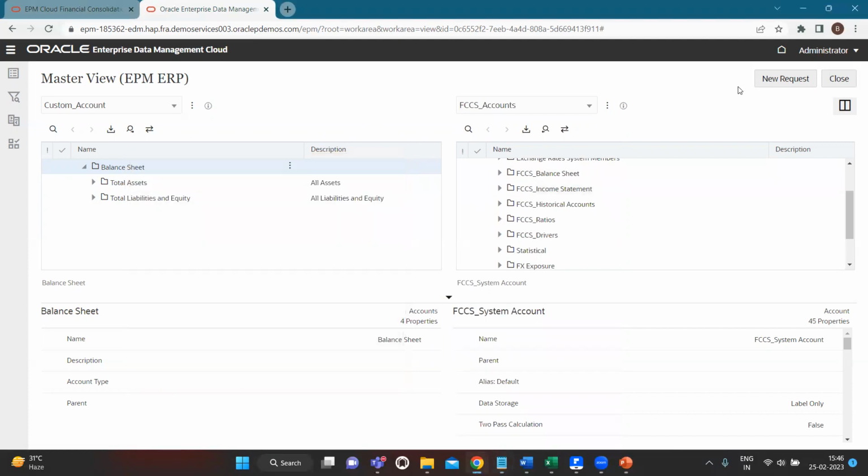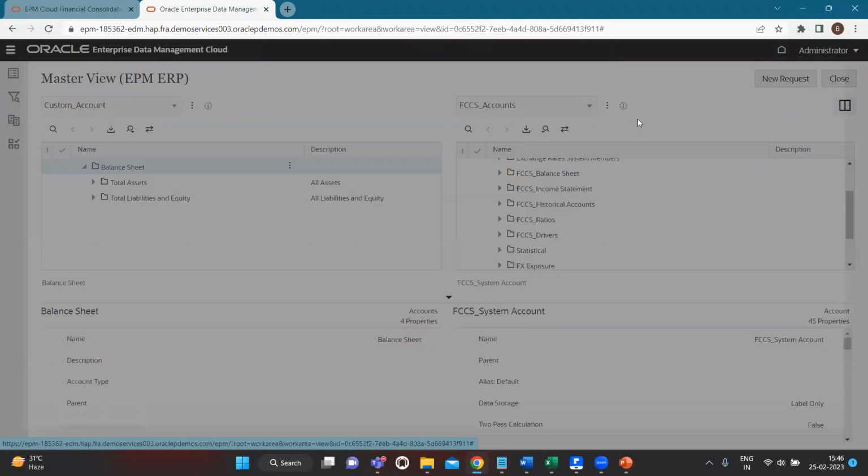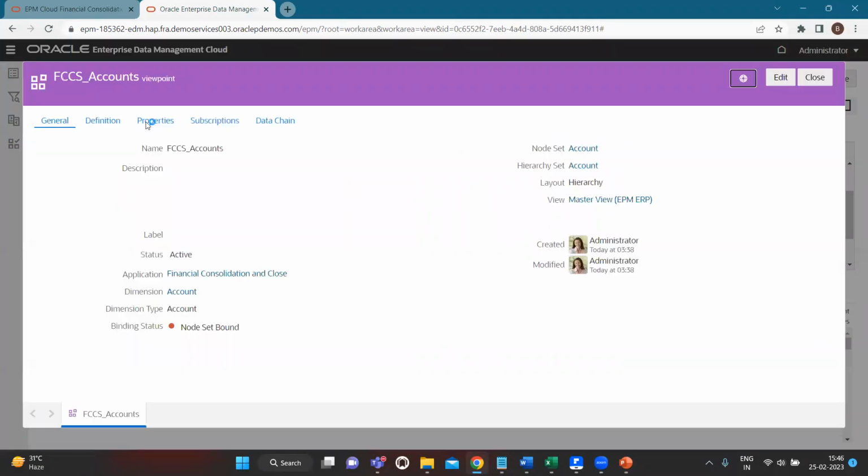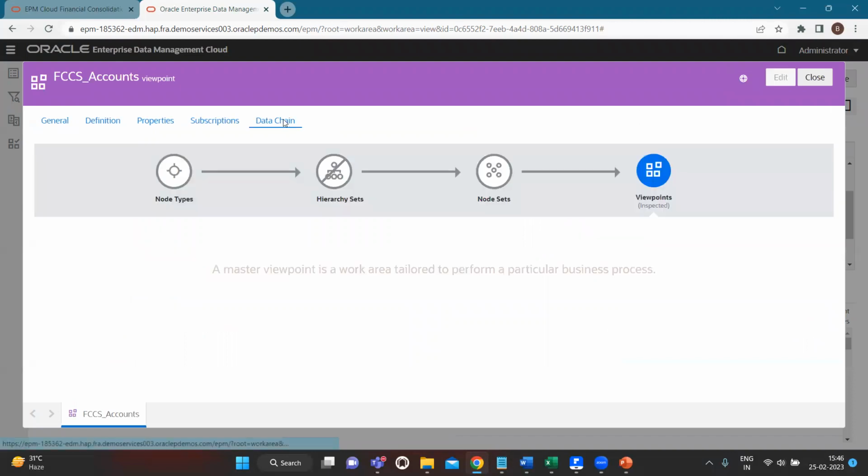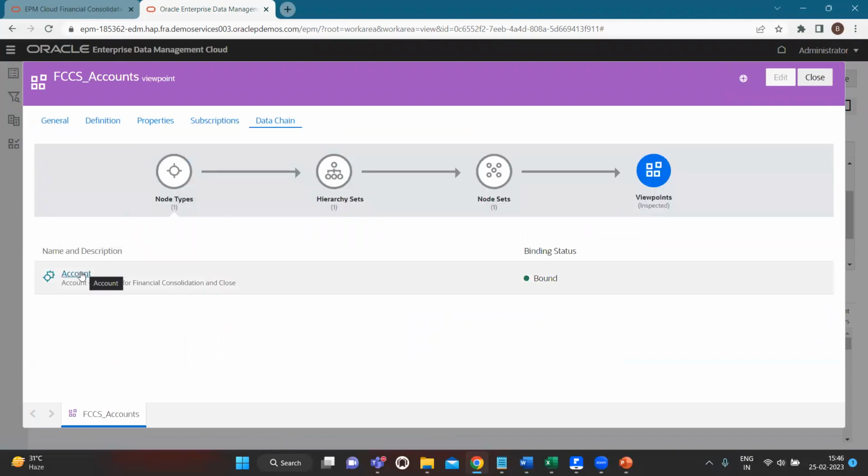Okay, so let's build the expression. So our custom application is the source and FCCS accounts is the target. So we will have to give the expression in the target application. So first we click on inspect and then we have to define the converters. So the node type we have is accounts